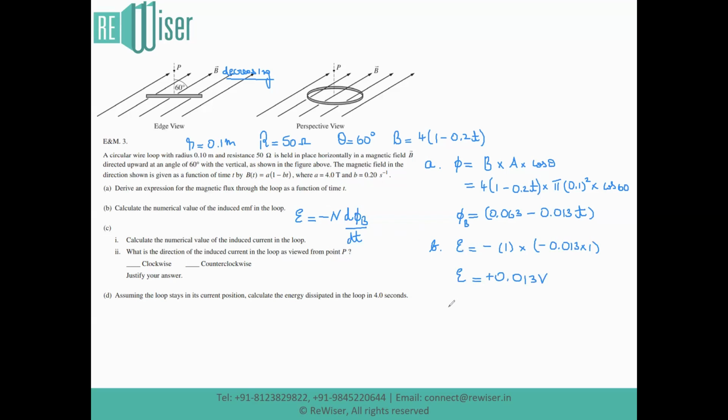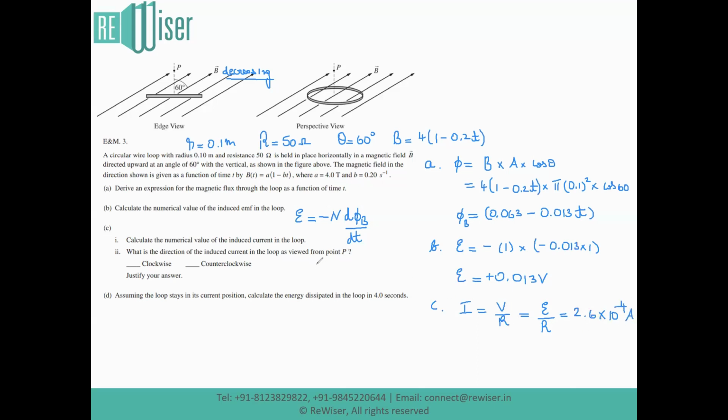For part C of the question, we are asked to calculate the numerical value of induced current in the loop. The induced current I can be calculated as V by R. Here voltage V is nothing but EMF epsilon. So epsilon by R. R has a value of 50 ohm, as I've already noted down before. So this gives us the value of I as 2.6 into 10 to the power of minus 4 ampere